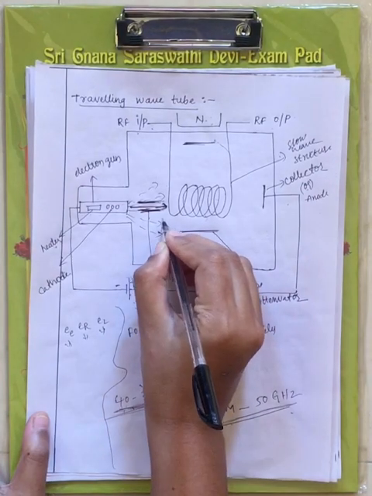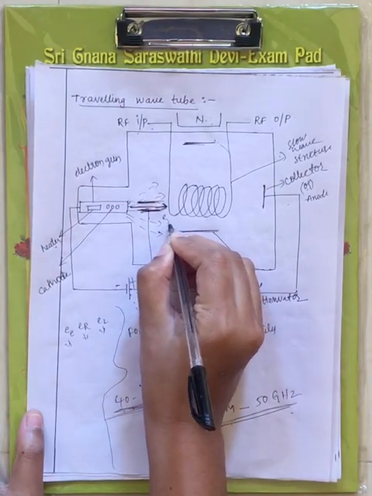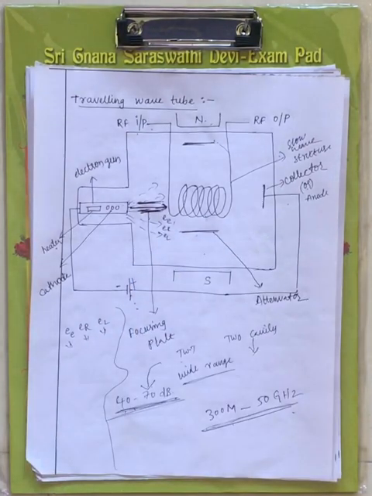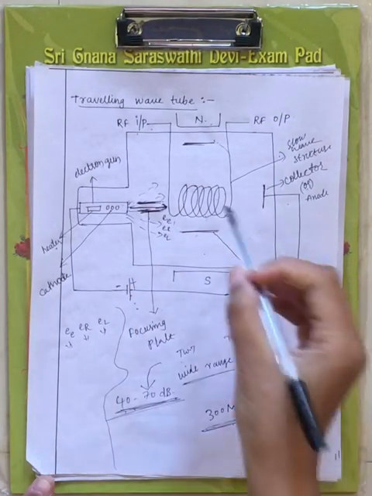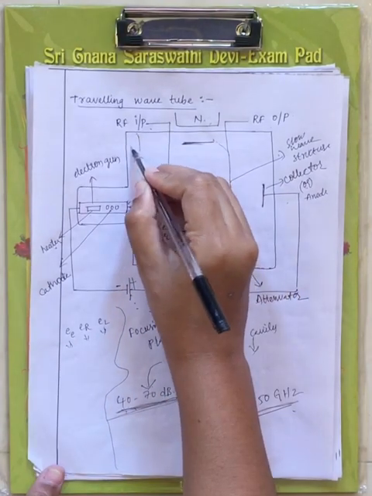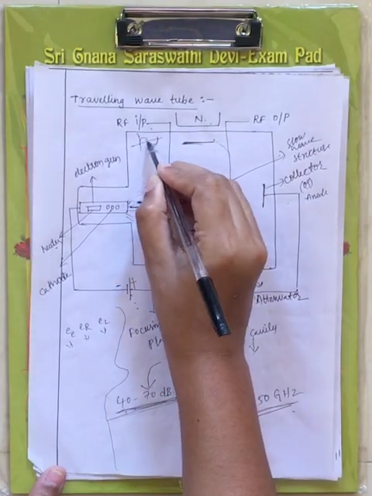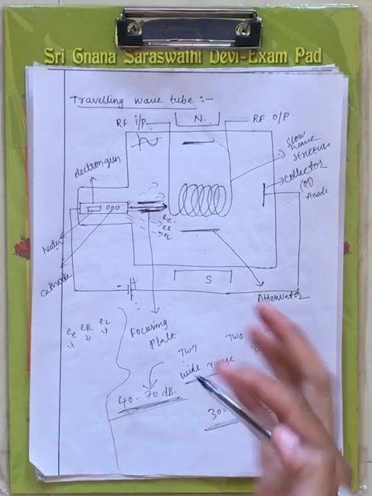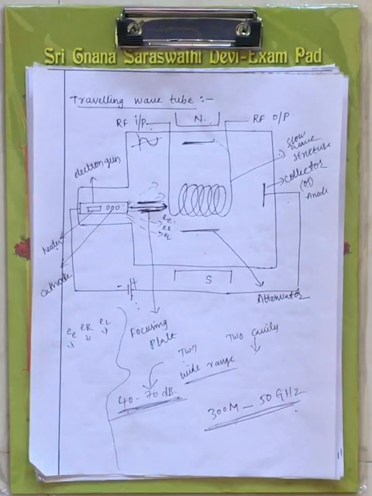Along that beam of electrons, let us consider three electrons: early electron, reference electron and late electron. Whatever input you want to amplify is given through this RF input, which is nothing but your AC signal. You will have a positive half cycle and a negative half cycle. Now the beam of electrons is generated from the electron gun, and those beam of electrons are